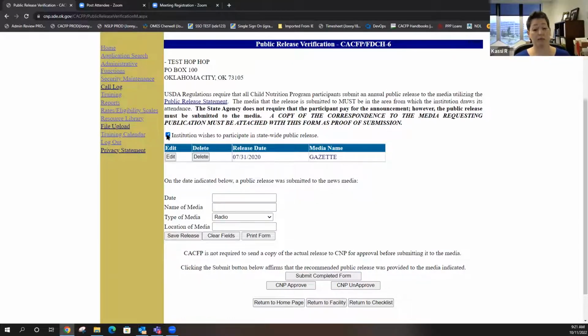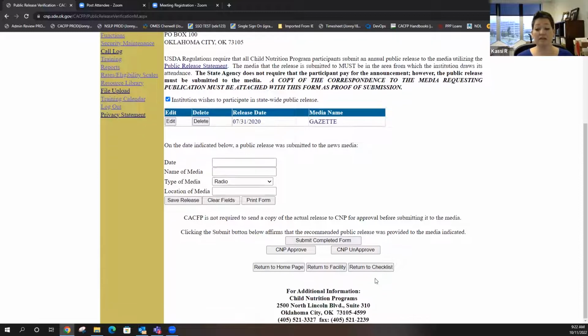And then if you want to opt into our statewide, or if you really do a public release that you want to put on here, and if you did, you really should, you would enter it here, just like you always have. But if you carry forward every year and just let us include you in our statewide release, after applications are done, we print up a list, send it to our communications department, and we take care of it for you. If you're okay with choosing that, go ahead and just go to checklist.